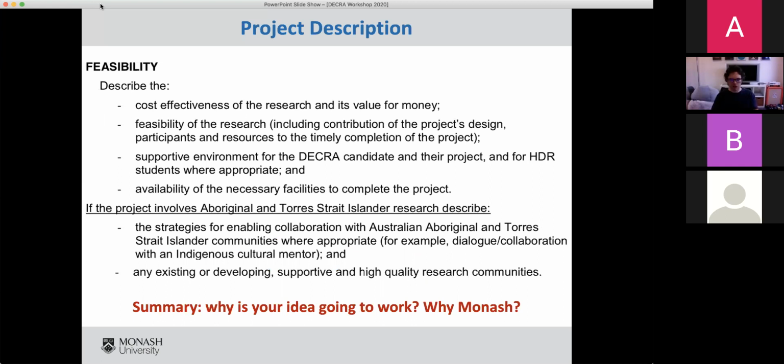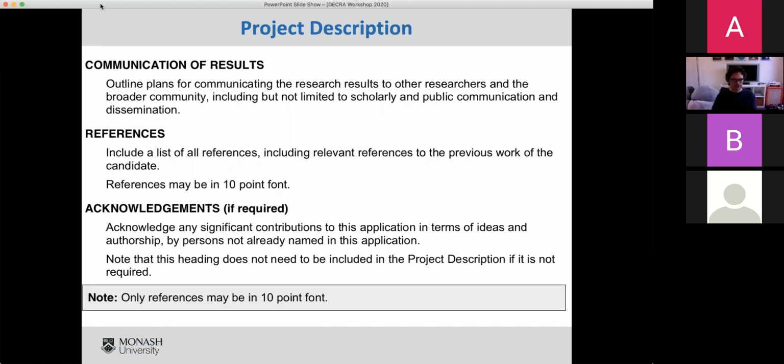And then feasibility is your opportunity to convince the panel and the assessors that the research can be done. Okay. You also have a few other sections, your communications of results. So communication of results is a good one to get from previous applications or from your host, because if you are well embedded in the faculty, you might know who the appropriate people to contact in your school or faculty are for facilitating communications. If you're not, it's very useful to just get those from somewhere else.